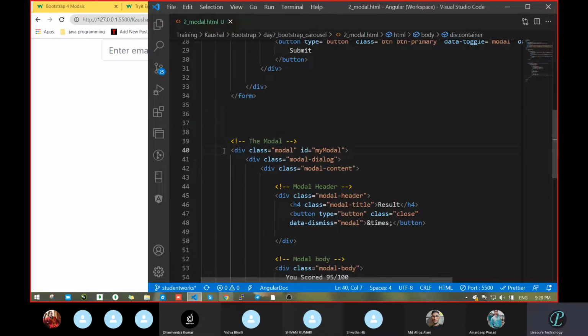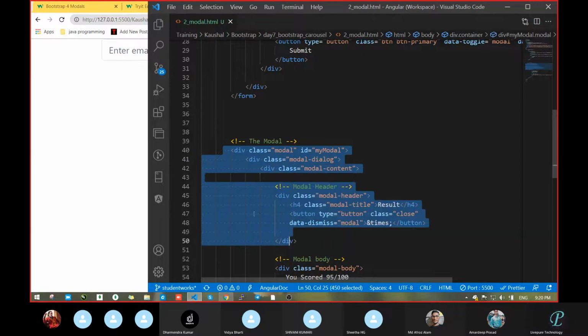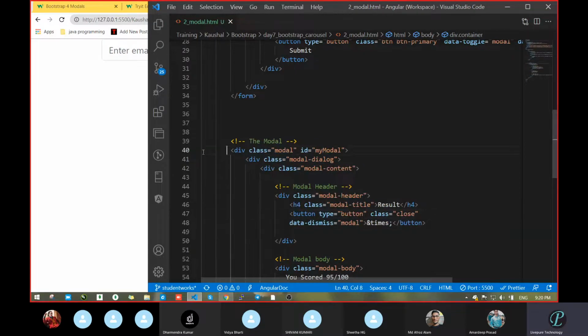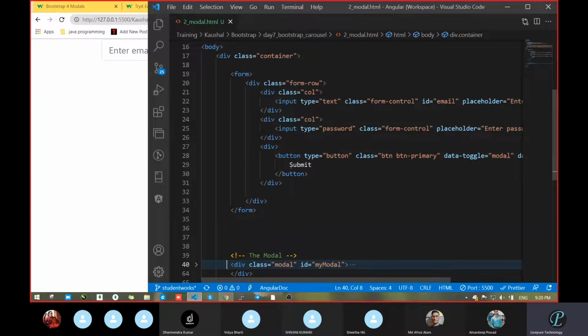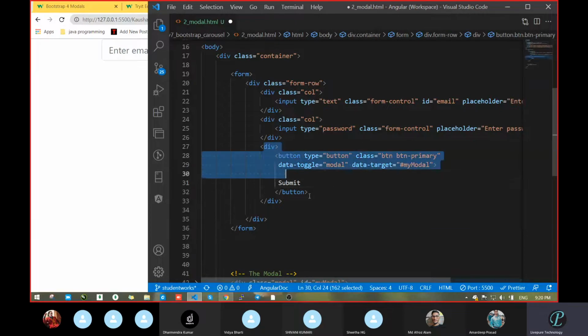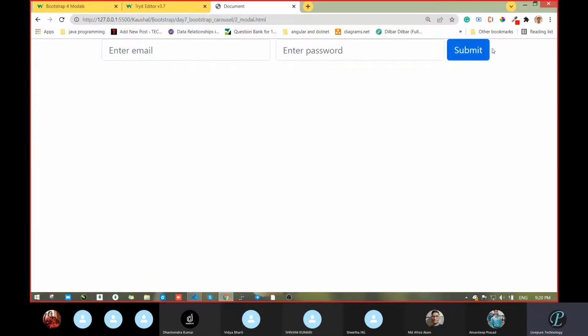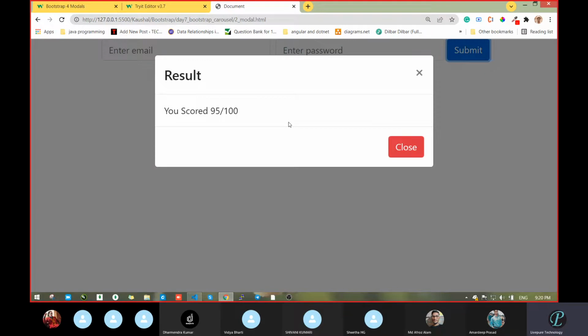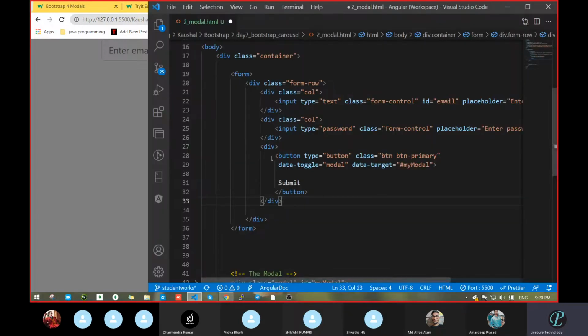Now, 1 second. Then one more question. How is this complete modal and this button going to interlink? Got my point? When we click on this submit button, how is that modal opening, how is that modal triggering, means how does this button know that it has to open that modal?